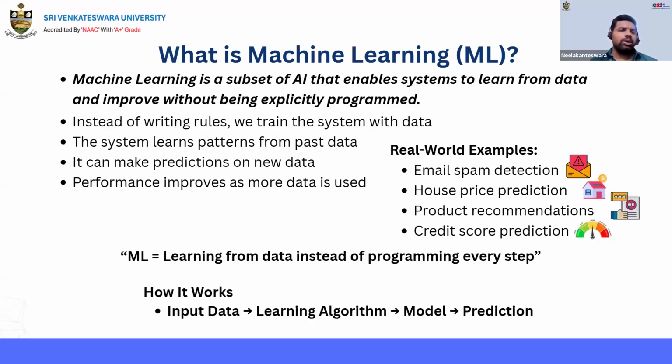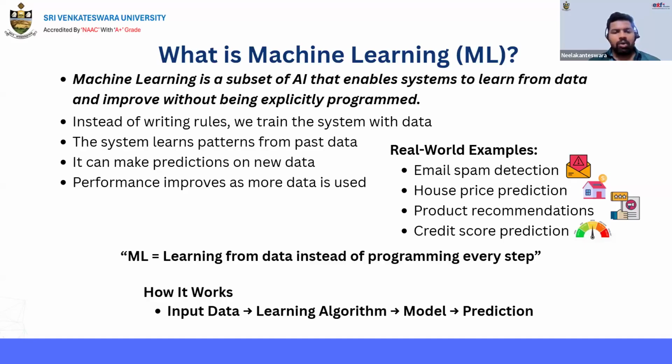And now we see how it works. We have some input data and we give that input data to the algorithms, and these algorithms learn from those things and make a model. Model is nothing but it learns all the patterns. With the help of those patterns or the model, it is going to make a prediction. This is how machine learning works. Up to now we saw that AI is for intelligent decisions, and machine learning is used for prediction purposes.